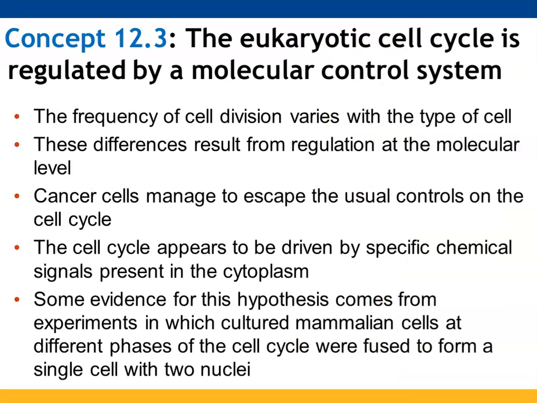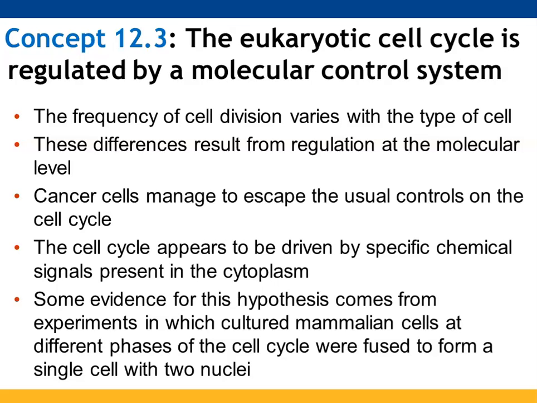So the cell cycle is regulated by a control system. Cell division is not constantly happening with every type of cell. It depends on what type of regulation is taking place and what's going on with the cells. Cancer cells are able to escape this system, and that can cause a whole host of problems. The cycle appears to be driven by signals in the cytoplasm, and there's some data to support this,